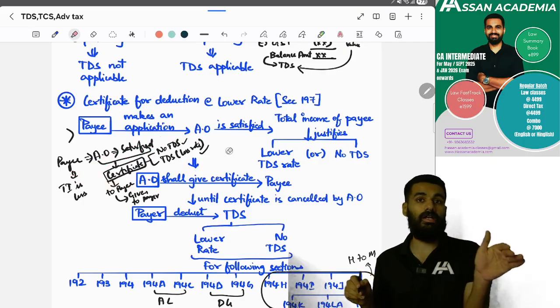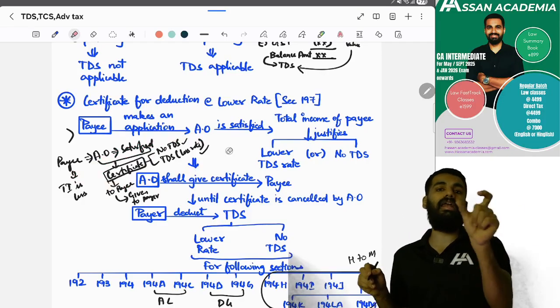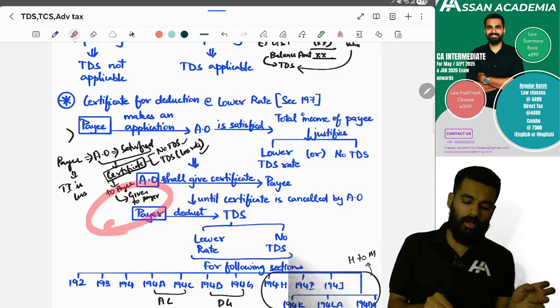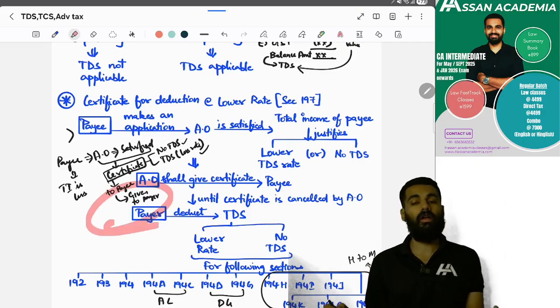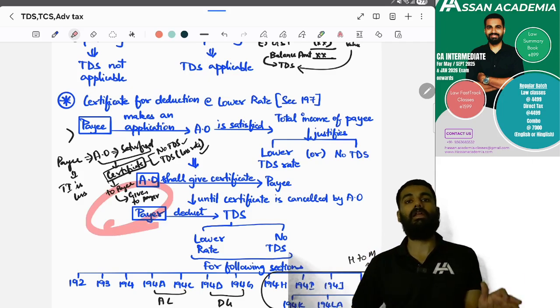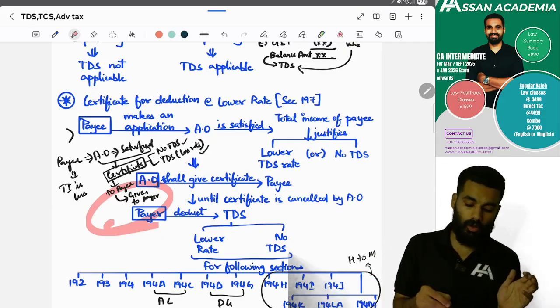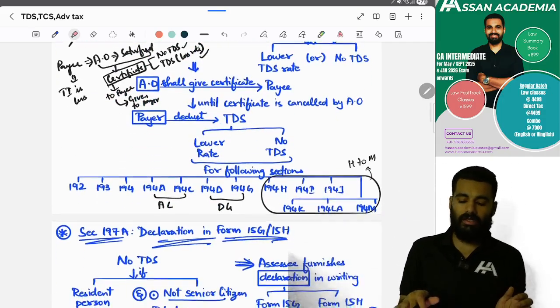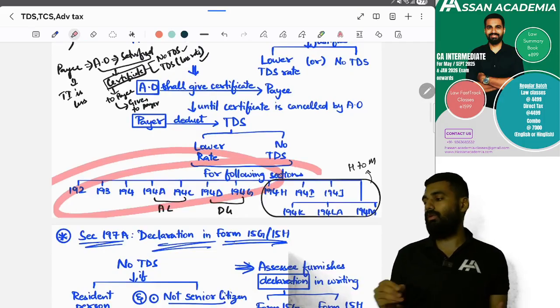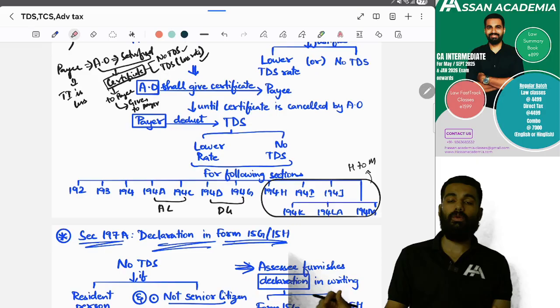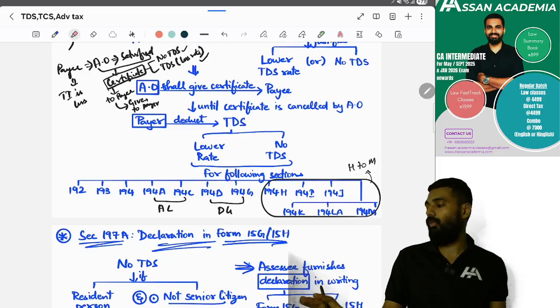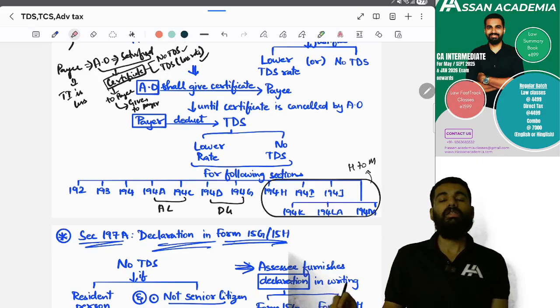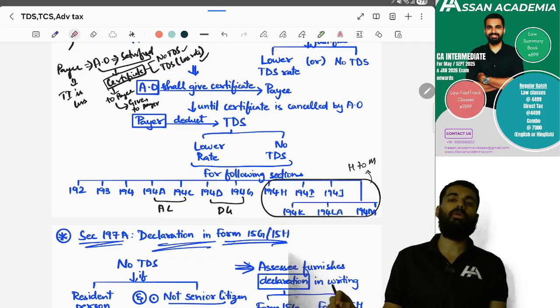The payer doesn't have to deduct TDS, or the payer can deduct TDS at a smaller amount. Then this particular certificate will be given to the payer, so the payer will not deduct any amount. The payer will give the entire amount to the payee. Yes or no? Yes. But for what transactions? For section 192, section 193, section 194, section 194A, section 194C, section 194D, section 194G, and section 194H to section